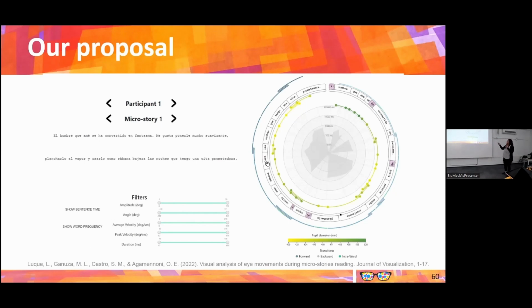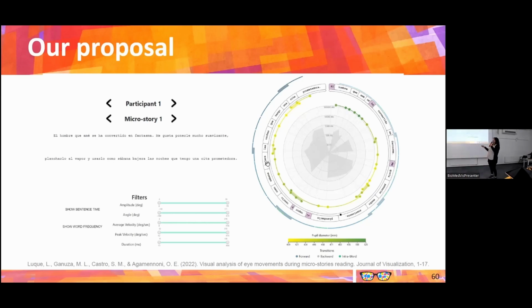We have the micro story here in this analysis. Each sector of this ring contains a word, and the size of this sector is related to the length of the word. And we use this texture to indicate which words the reader skipped.